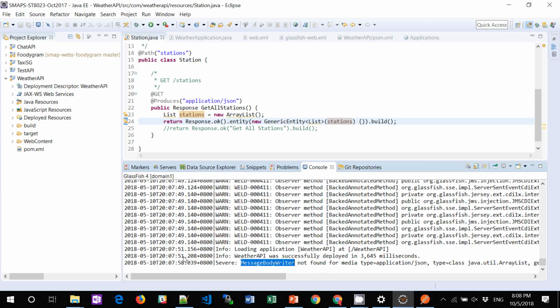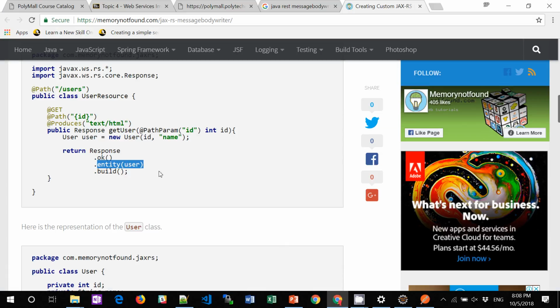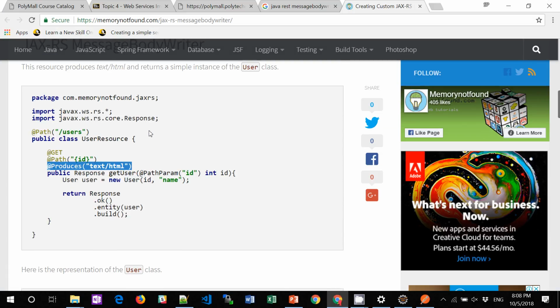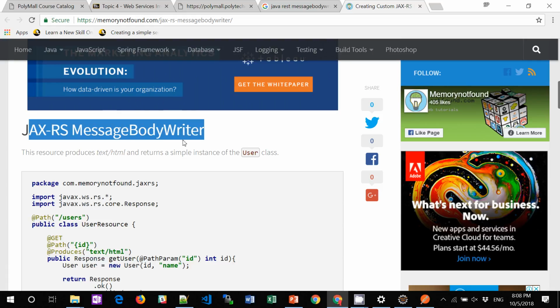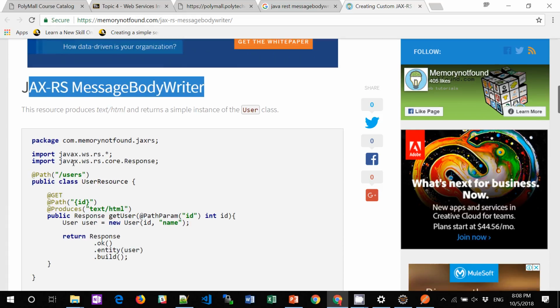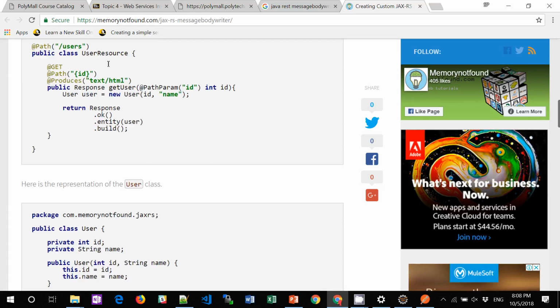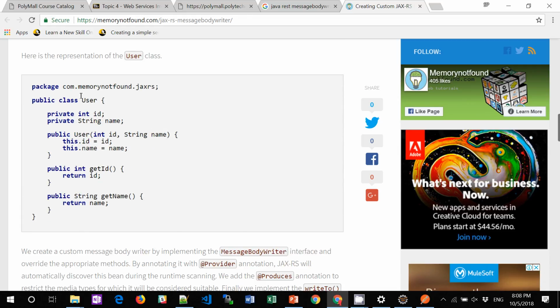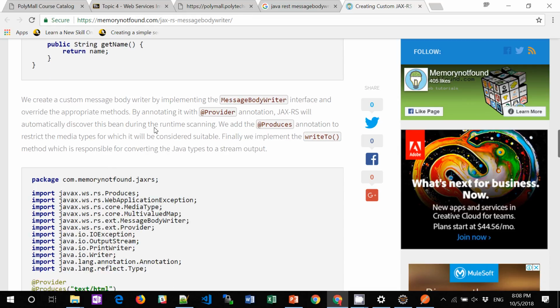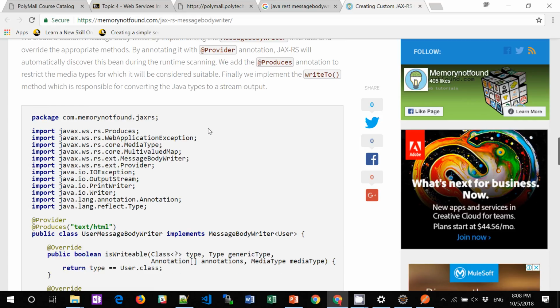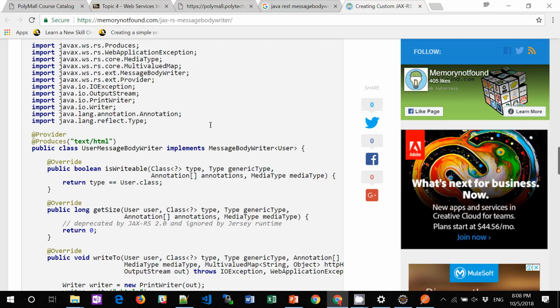Okay. So it still complains that that is not a proper message body writer. Because this is text HTML, it's fine. So what is the message body writer? This one produces text HTML. Okay, that's because I put this user. It's the class. Does rs.text message body, could it be the same like our call response, that you need to specifically